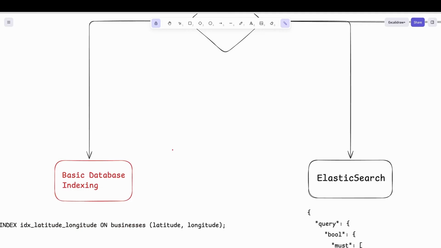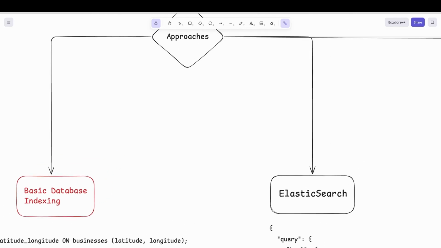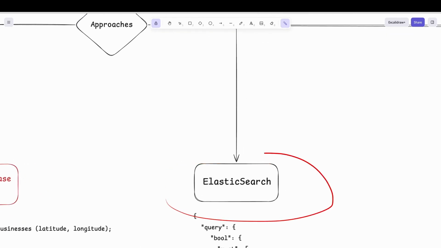So let's see the approaches again. Like I said, basic indexing doesn't work out. Like I said, B-tree indexes ideally don't work on multi-dimensional fields. So here the other approach is we can choose Elasticsearch. So Elasticsearch is basically